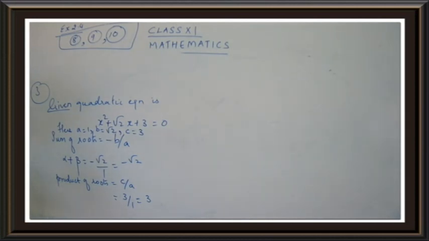So now let's write the next step. So this is what I get from this equation. Yes, children? So from the given equation, I have found the value for alpha plus beta. And just here you write down one more thing. Product means alpha beta. Alpha plus beta is minus root 2 and alpha beta is 3.